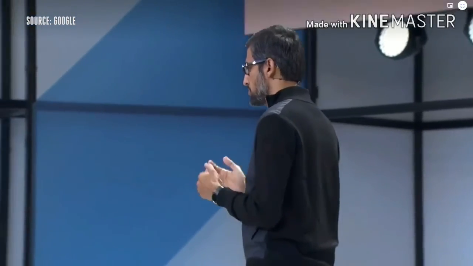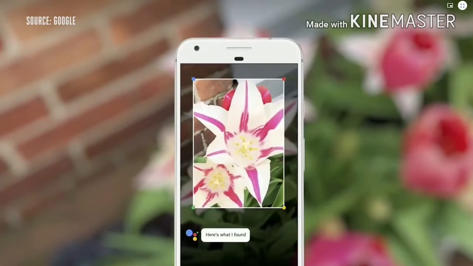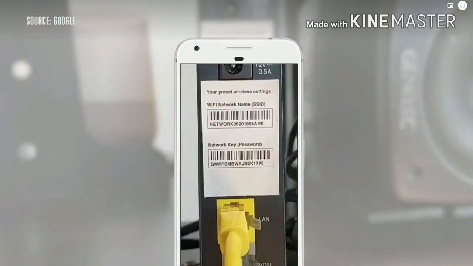So for example, if you run into something and you want to know what it is, say a flower, you can invoke Google Lens from your assistant, point your phone at it, and we can tell you what flower it is. Or if you've ever been at a friend's place and you've crawled under a desk just to get the